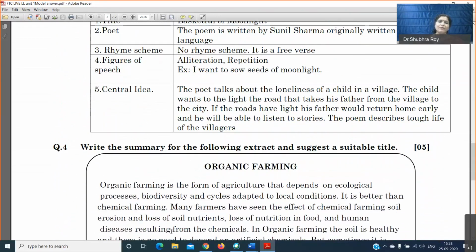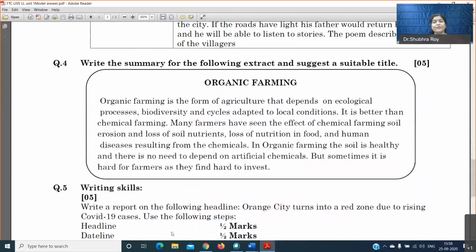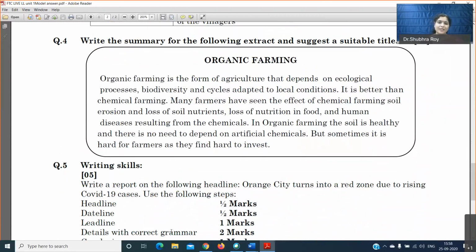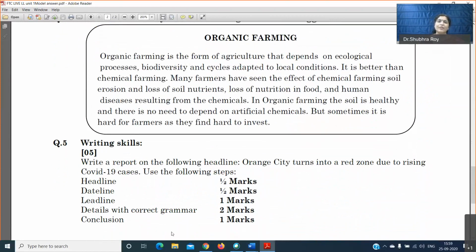Next question, question number 4 is not summary, but here since it was a 40 marks paper, I had given summary writing, because most of you don't know how to write a summary, and therefore the summary writing also carries 5 marks. The things that you have to remember in summary writing: first point is title, second point is keywords, third point is central idea, fourth point is 40 words, and fifth point is single paragraph on your own. So if you follow these 5 points, you will definitely score well in this particular question, summary question.